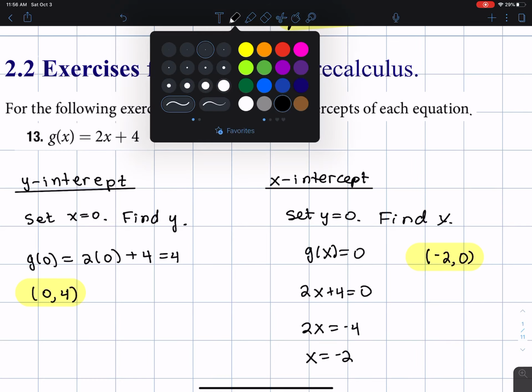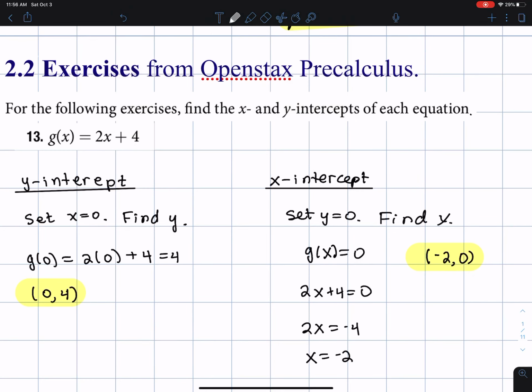what would be really good is if I had enough room to sketch this, and what if I just overlaid this? It'd be sort of messy, but maybe I'll see if I can do that. I'll get this in right here. So (0, 4): 1, 2, 3, 4, that's up here. It doesn't ask to do this, but it's just sitting right in front of us, and it's not that hard to